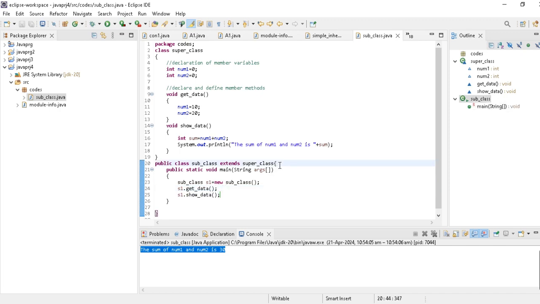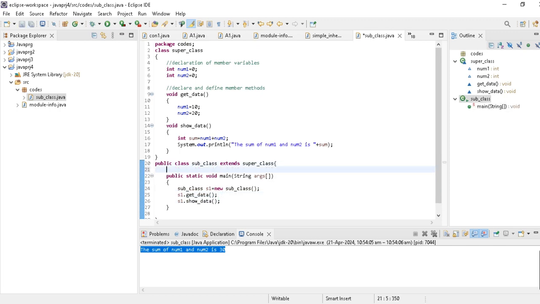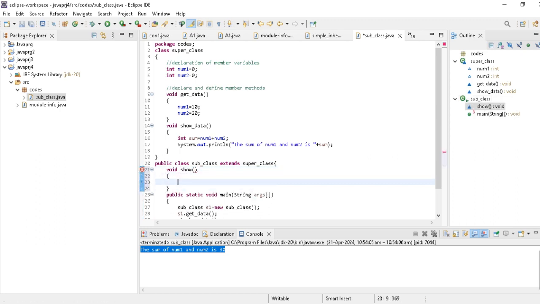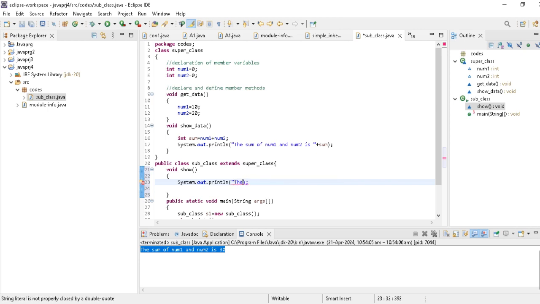Okay, now what you can do, you can just create one more method, void show, and now what I do, I just copy paste it, I will not write it again, and here I can just write "this is method of subclass". Okay, this is a method of subclass.